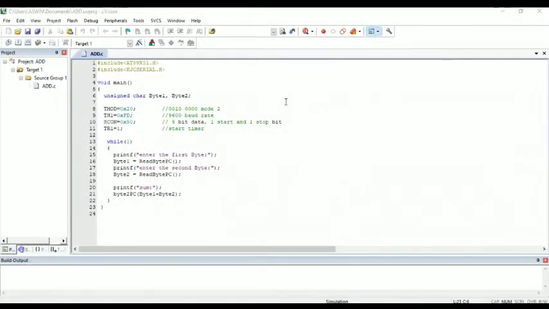So this is a program to show the sum of two 8-bit numbers using Keil and Proteus. Keil will be dealing with the programming aspect of it and Proteus will be dealing with the simulation part of it. Now coming to the program, it has two header files